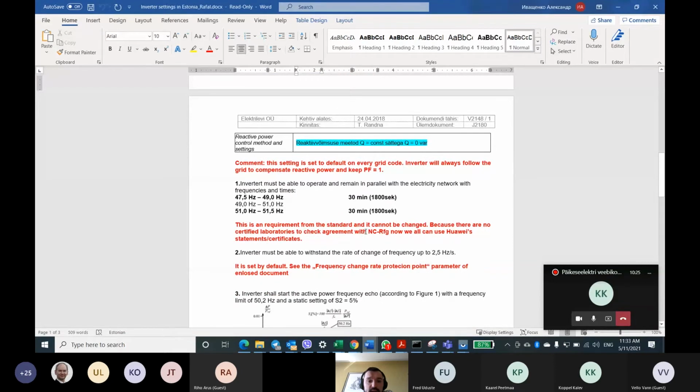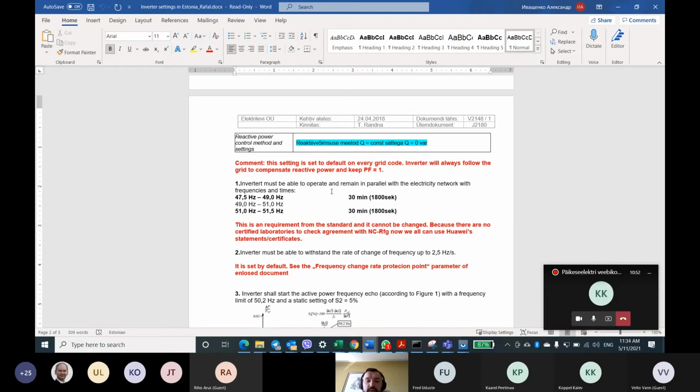The next one is that the inverter must be able to operate and remain in parallel with the electricity network with certain frequencies and times. So when the frequency is within this range, the inverter should be connected to the grid. Basically, these parameters cannot be changed with Huawei inverters.